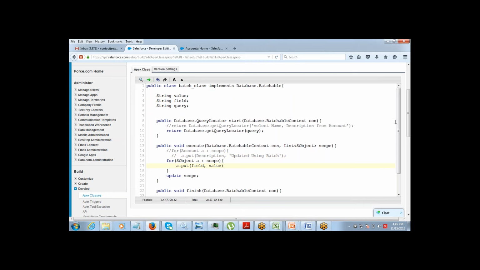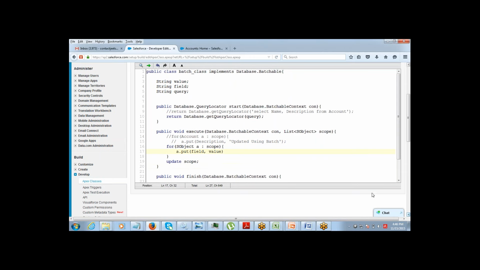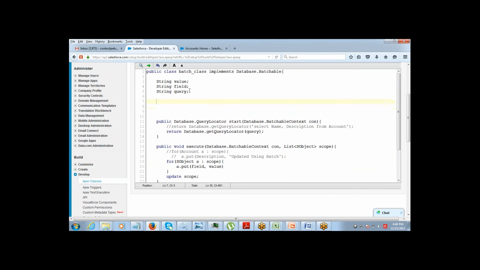Fine. Now since we have defined these variables, I also have to define a constructor which will take the values of these variables from the end user. So I will say public batch class, string v, string f, string q,